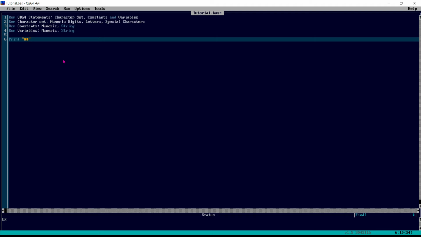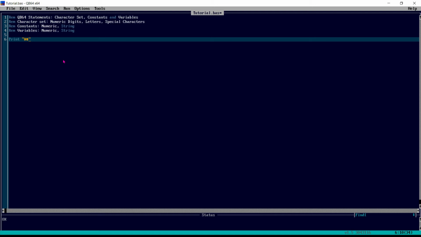Now we will move to constants. Constants are values that do not change, which is why we call them constants, during the execution of the program. These can be numeric constants or string constants. Numeric constants we have seen, like I typed 1 2 3 4 5 6 7 8 9 0, and it was printing.